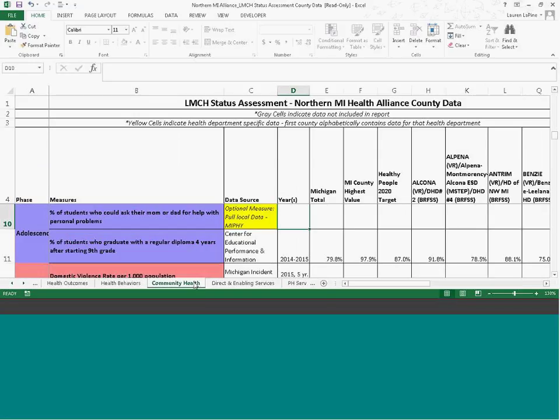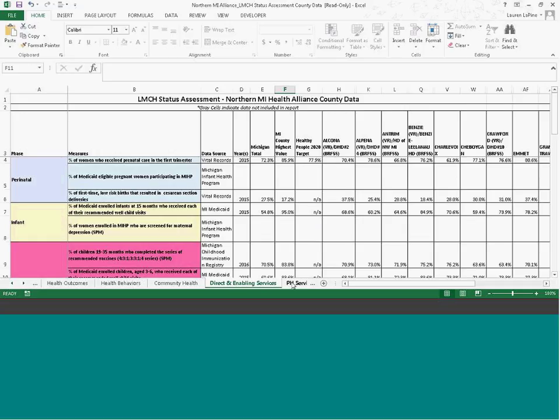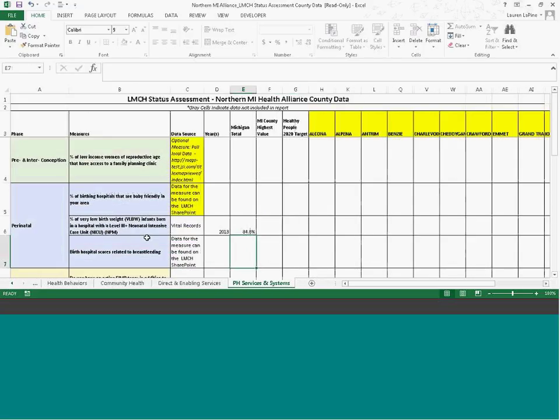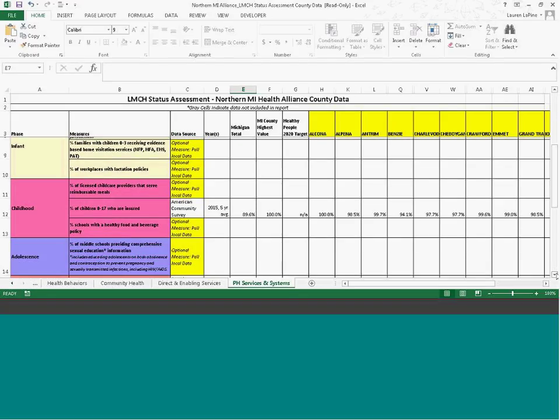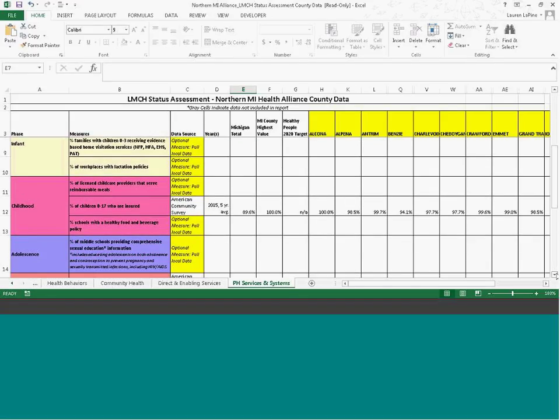Like the state tab, through direct and enabling services, public health services, you'll see the data that were available at the state and county level for your community, and then where there are some gaps where we're asking you to pull local data if you have access to it, if you can pull it. The public health services and systems area is one where there are a lot of gaps, and it's difficult even to come up with measures that make sense at the state and local level